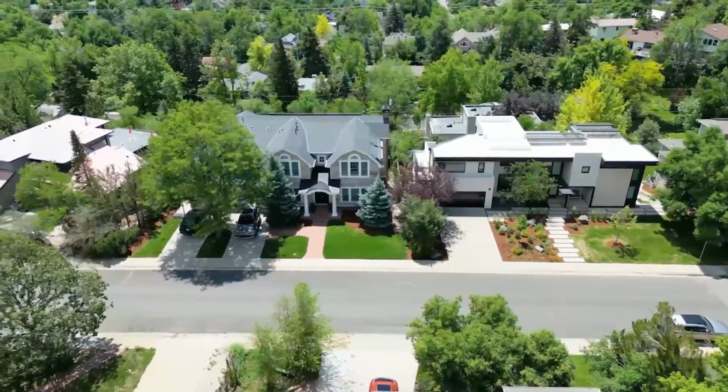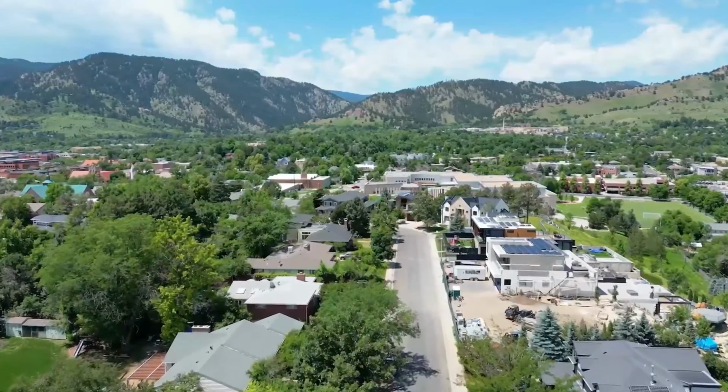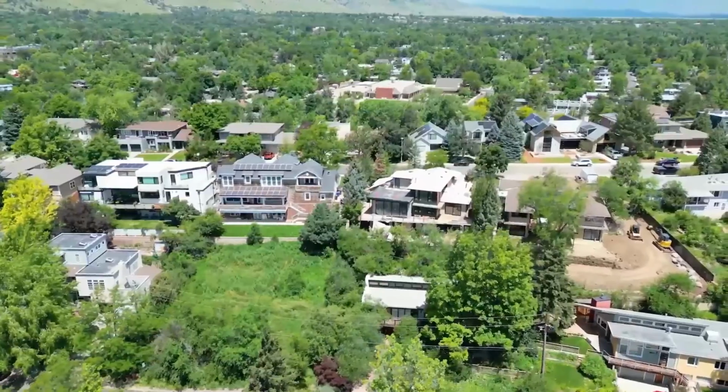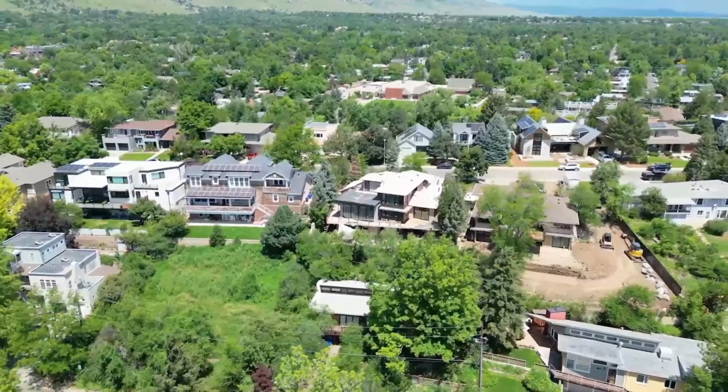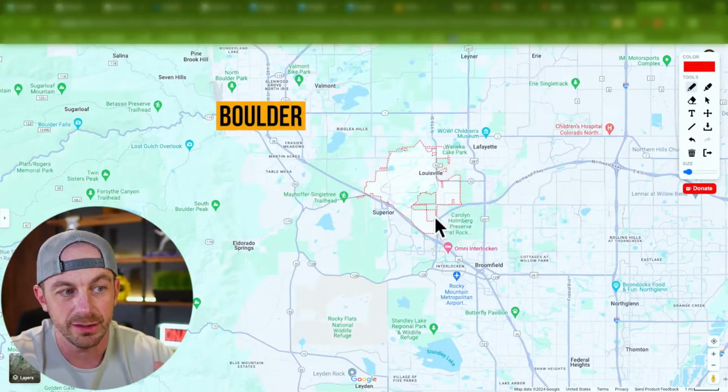You're right up by the mountains. There are gorgeous homes right there. It is a very, very unique place. A lot of people absolutely love living there. If you're looking for that suburban area while being only 20 minutes outside of Boulder, man, literally no better place than